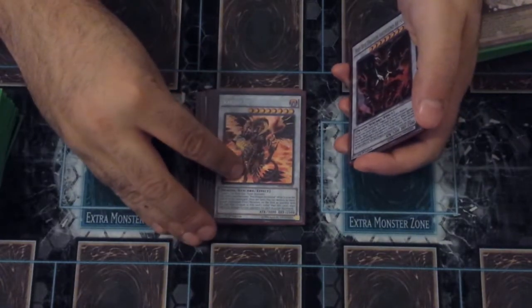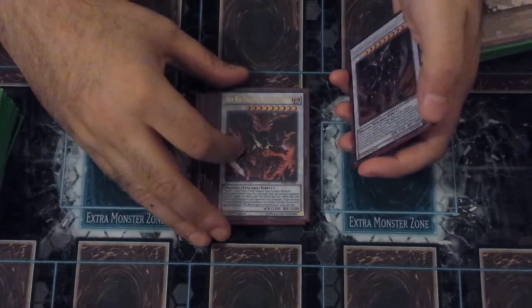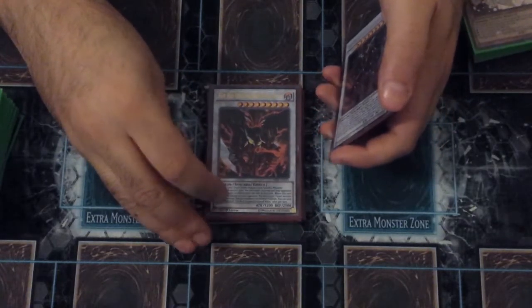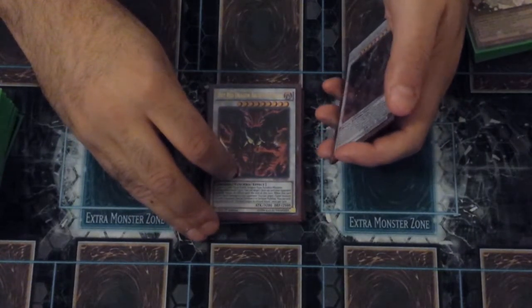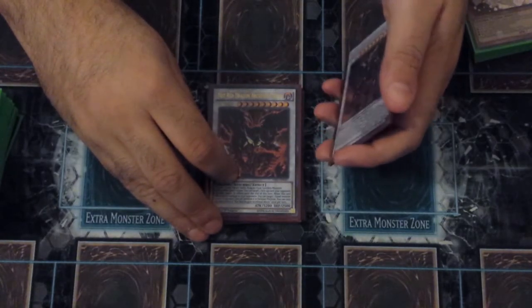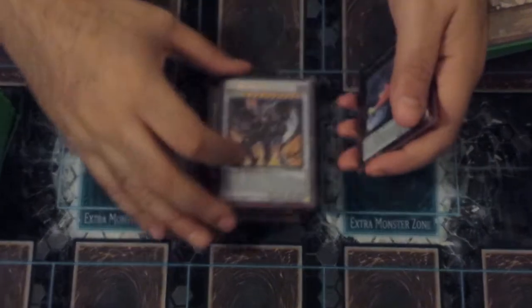I play one Scarlight, one Abyss, who negates any face-up card on the field, monsters, spells, or traps. So he lets you kind of push through the back row. I don't think it came up at the regional. I don't really remember. I play one Bane